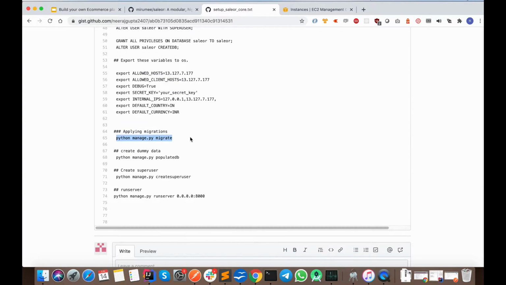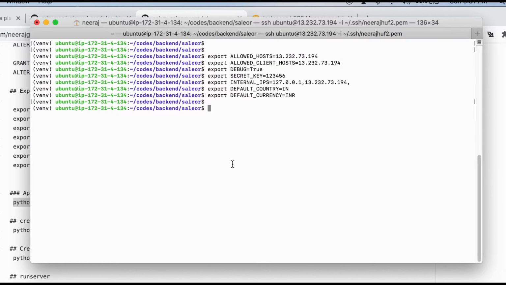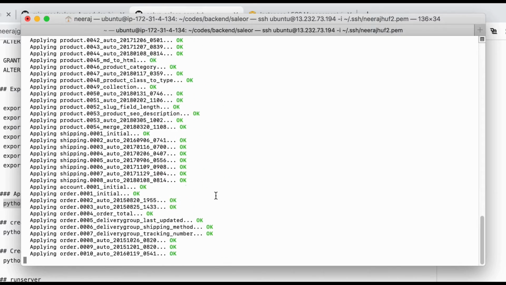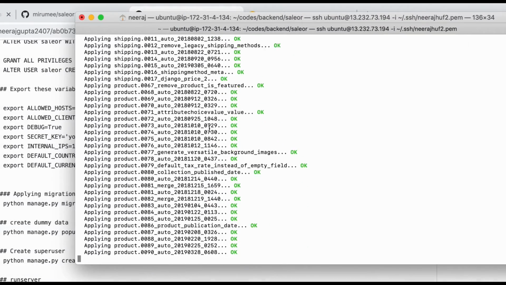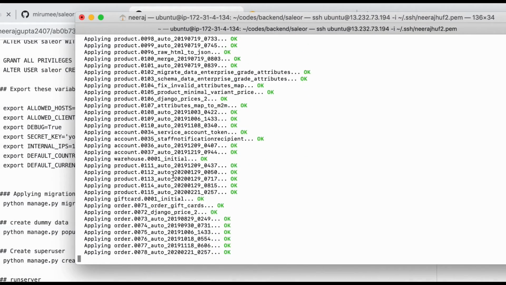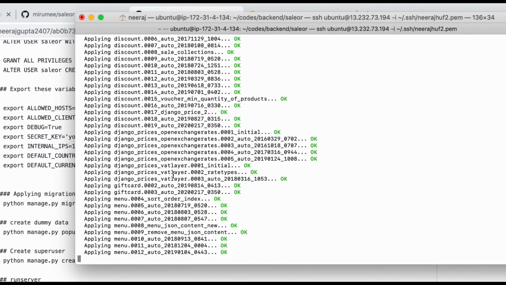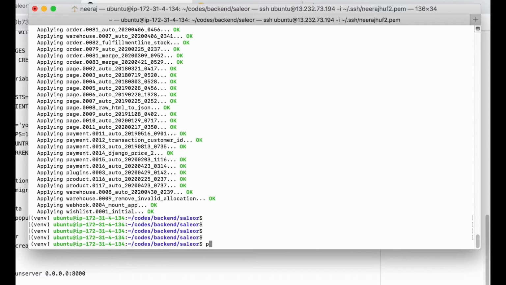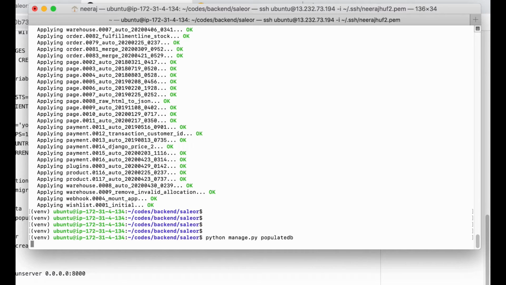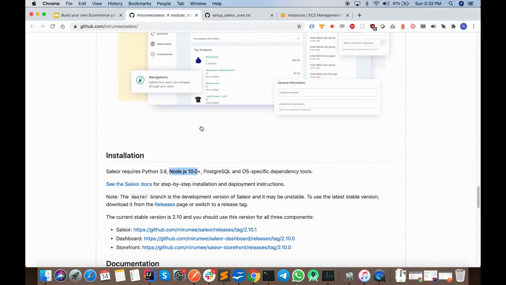Now I am simply going to migrate. Since all the settings have been done, I am simply going to run the migration. All the migration files have been applied successfully. Now I will populate the default data as prescribed by Saleor.